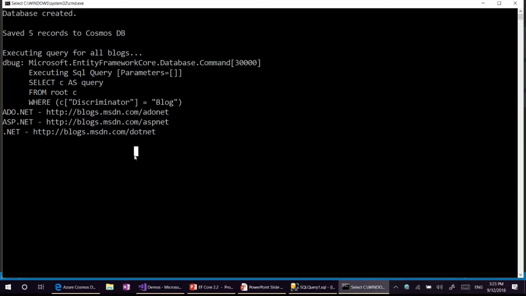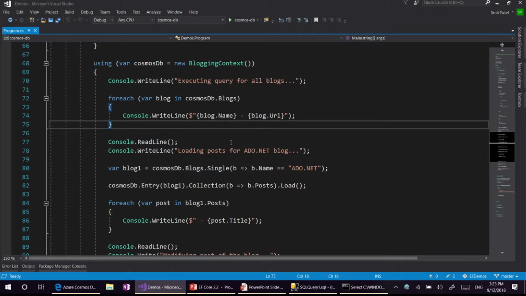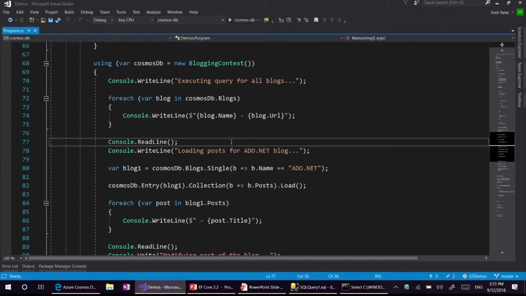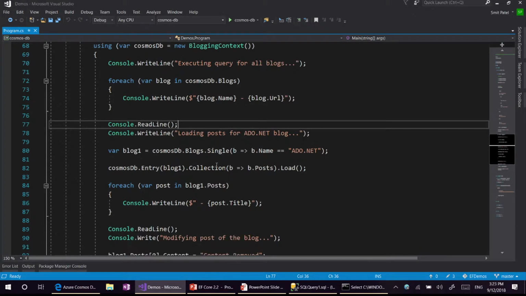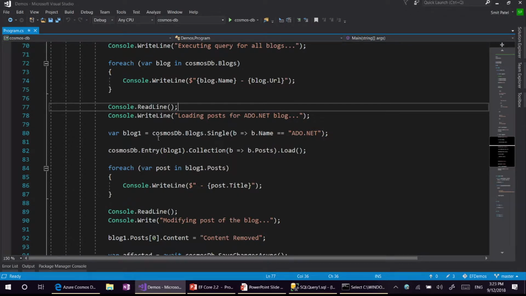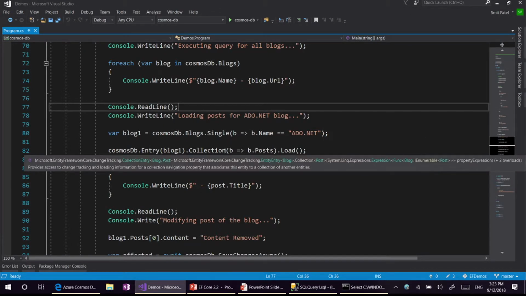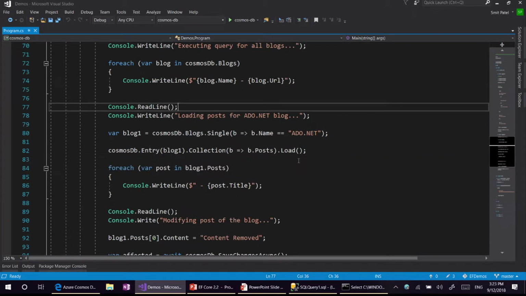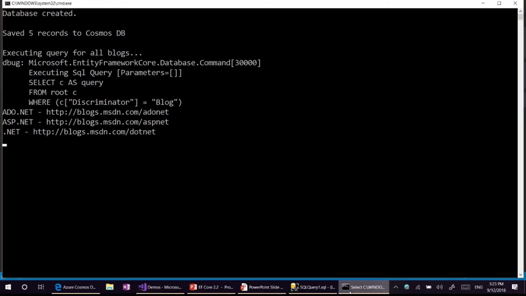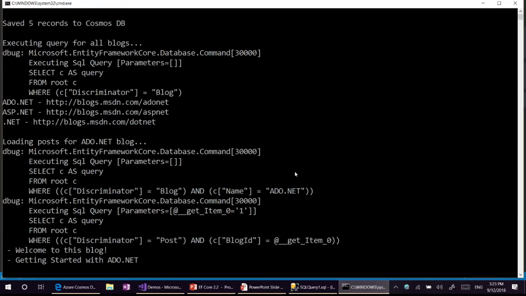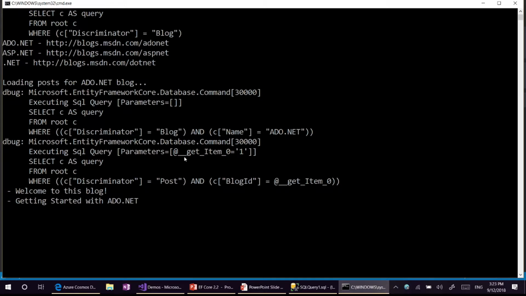And as you can see in the result, we have 3 blogs stored in the server. Next, we would want to load the posts for the ADO.NET blog. So first we will query for the ADO.NET blog, create an entry for that, and use the collection API to load the navigation. If we go further, the first query we run is to load the ADO.NET blog from the server. Here in the predicate we also specify